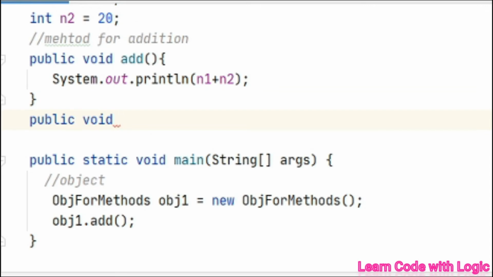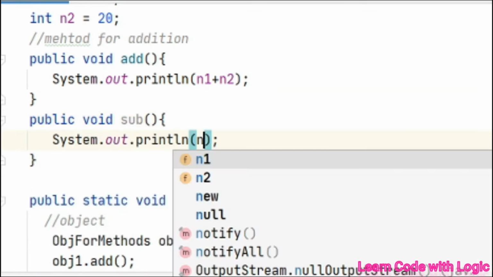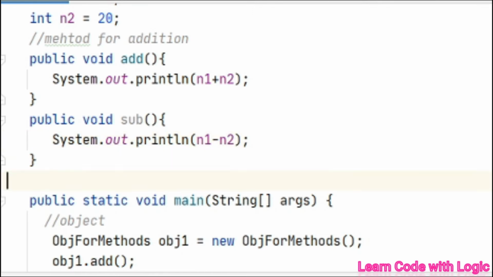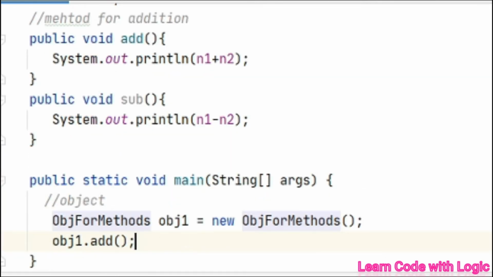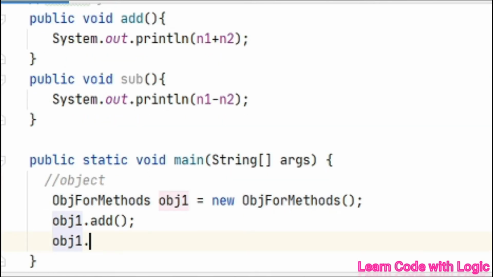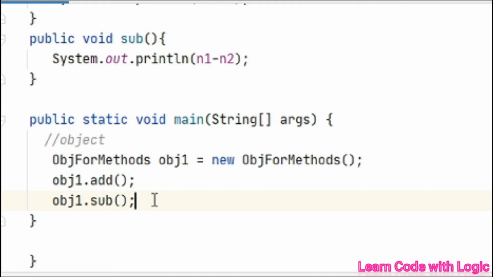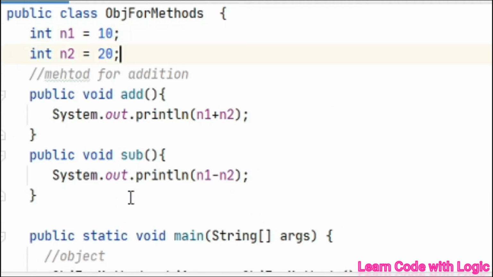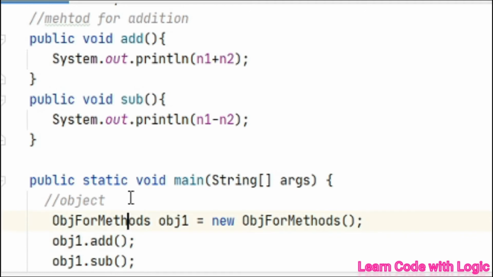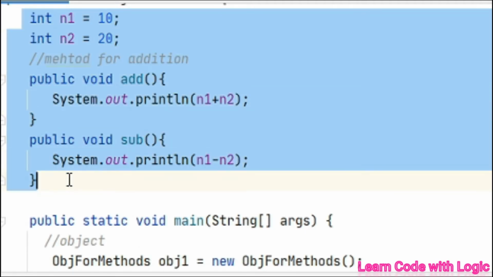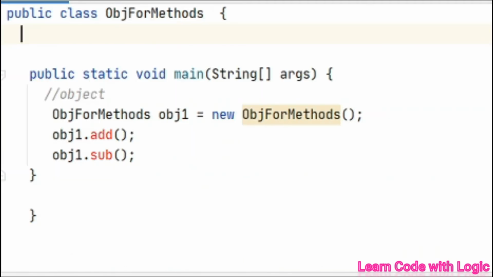Simply you can write n number of methods here. Those ones we will call here using the object, obj1 dot. You have to give the exact same name, otherwise the compiler throws an error. So you don't need to write any code here. Simply you need to understand how to create methods and how to call methods. We'll also do this one in another way.